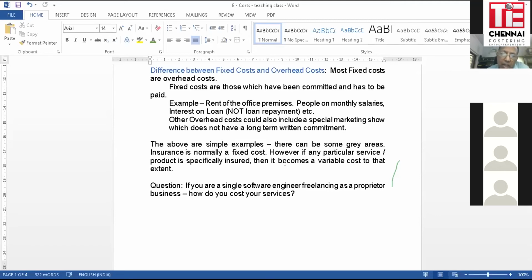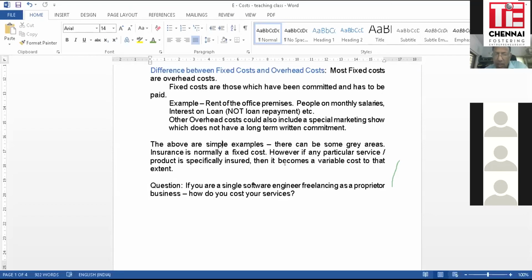However, if there is a customer and he wants a specific insurance taken for some specific service, this could be a liability insurance, which means you're doing a software product for him and you have taken insurance for yourself so that in case there is a problem from him, you have to pay up and you will in turn get paid. Now, those kinds of things again become a variable cost and not a fixed cost, because it is variable to that specific product and you will not incur that particular cost when you do another product. So these are not hard and fast or cast in stone, but I'm giving you the principle by which you can operate. I'm going to leave one question with you.